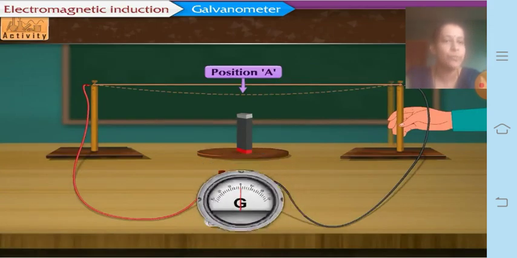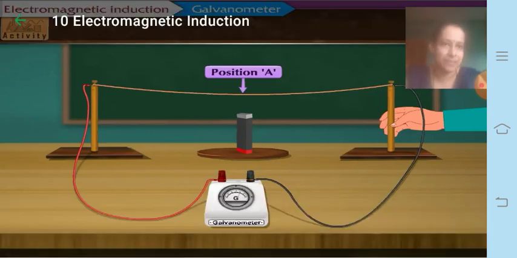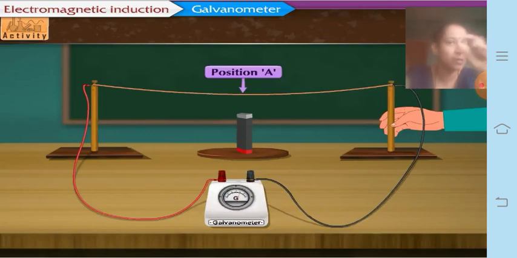So that means when you move the conductor, that is the copper wire here, you find that below there is a magnet, which means a magnetic field is there around. So when the wire is moved, is there induction of current or not? And yes, of course, because you could see that the galvanometer was deflecting. So when the galvanometer deflects, we know that it is producing some amount of current.